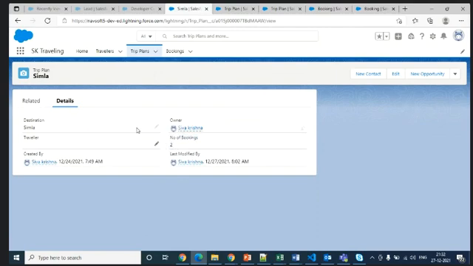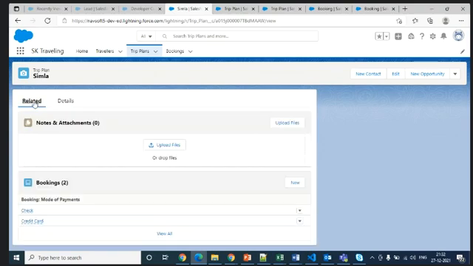It's automatically updated in the parent record from the child reference, and you can't edit it or do anything. It just happens automatically based on the formula, the roll up summary. You can do this only when there is a master detail relationship between bookings and trip plan. Bookings is the child, trip plan is the parent. When these two objects have a master detail relationship, then only you can make it a roll up summary.